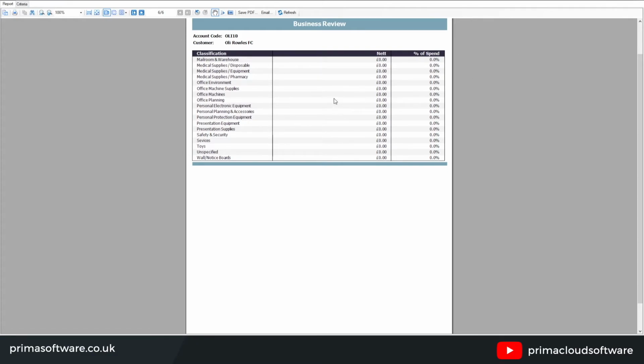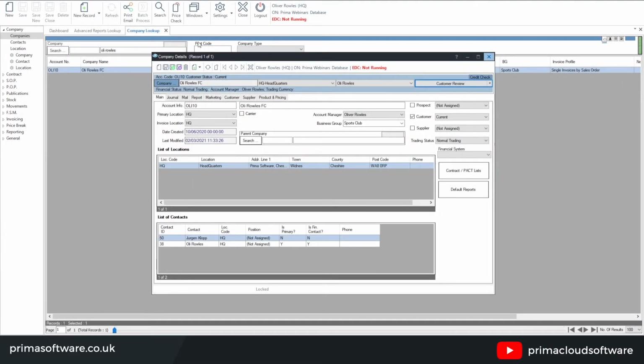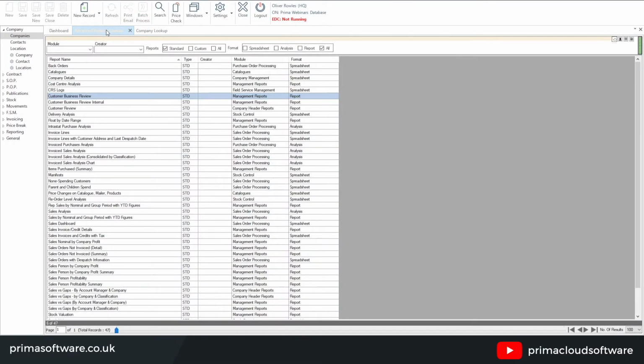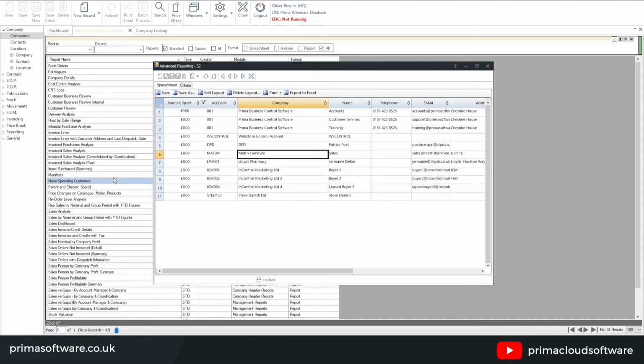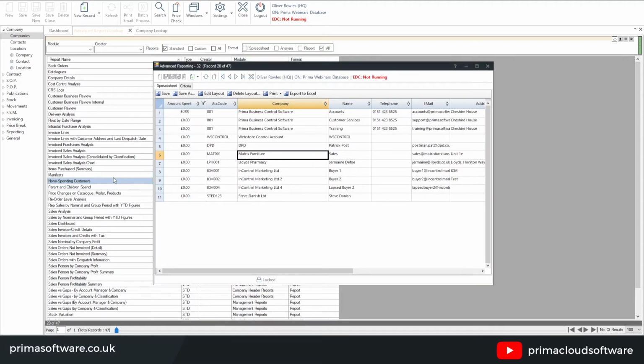Okay, and then jumping back to the reporting area. If I just close off that report and out of that company, back into reports, the next one on the list was the non-spending customers. So as it says in the tin, looking at customers' accounts that haven't yet spent in a certain period. If I want to see monthly non-spending customers, if I want to see it on a more yearly basis, I